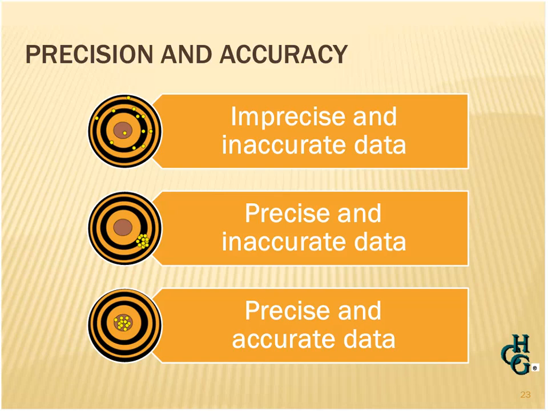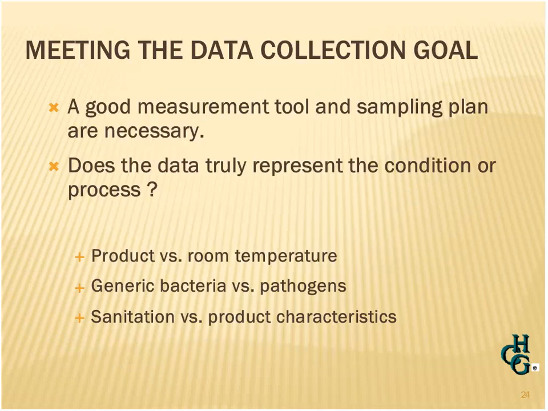And when we talk about goals, we're collecting data now. Sometimes people collect the wrong data to start with when they're trying to demonstrate improvement. Always be sure you have a good measurement tool and a good sampling plan, and make sure that the data truly represent the condition or the process you're measuring. For example, perhaps you set a goal to decrease room temperatures because that will decrease the risk of bacterial growth in your process. It's already safe. Let's say your room is at 40 and you want to bring it down to 38 as a goal. If you are measuring room temperature, you have to make sure that room temperature was your goal, but ask yourself, is our real goal product temperature? Because that's where the bacteria may be.